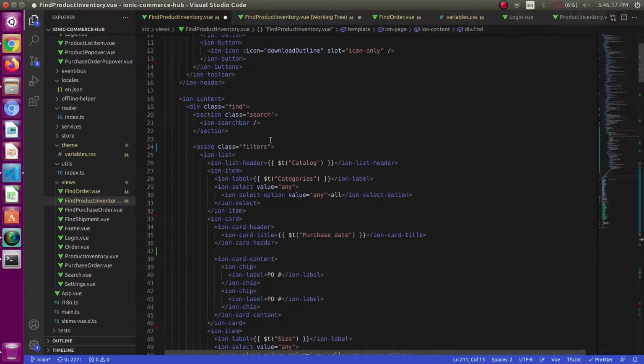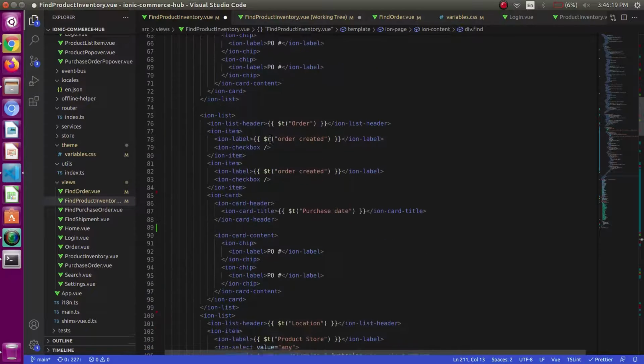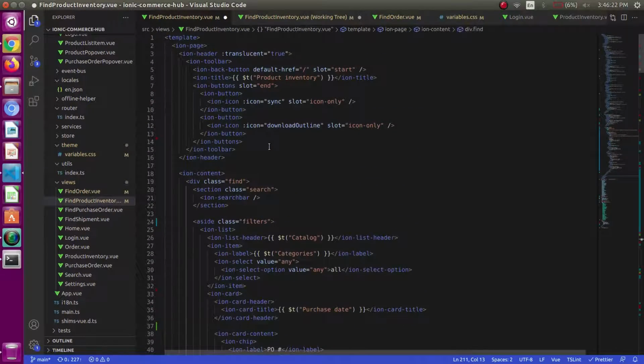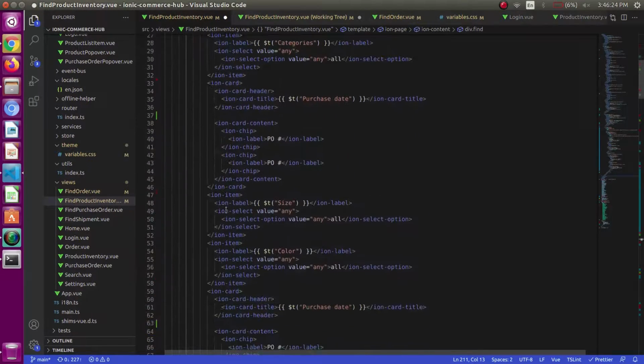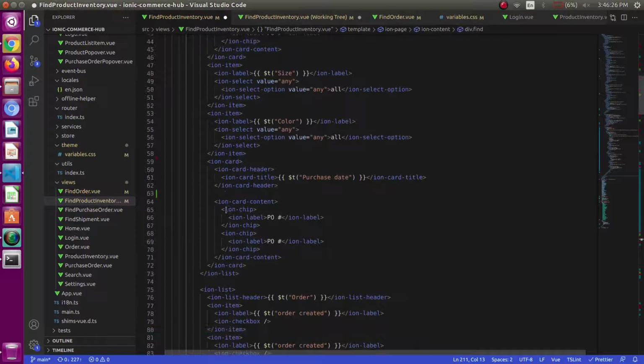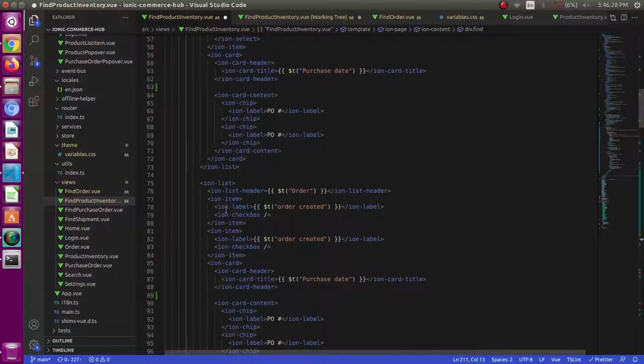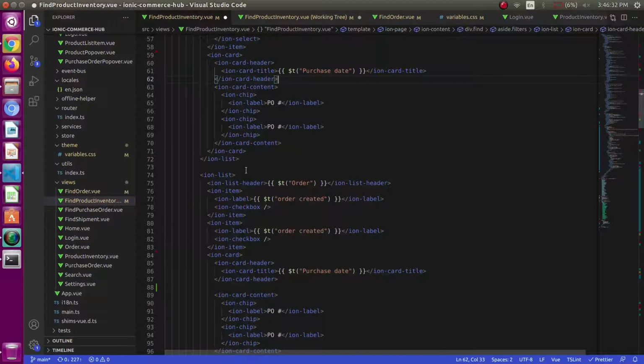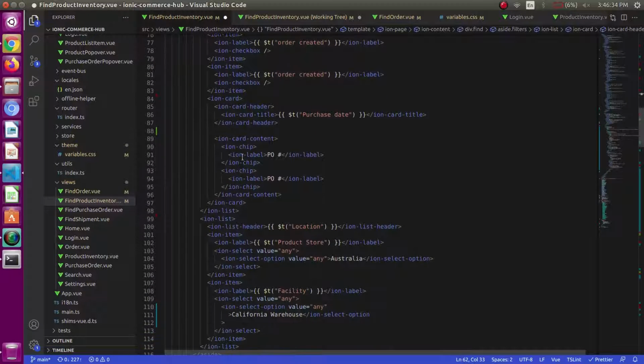So we have used our semantic tags along with our previous code. This is the filters portion. Just remove the unnecessary spacing.